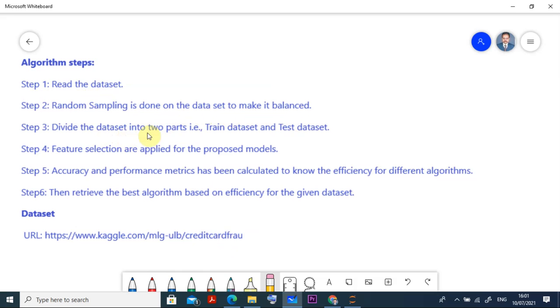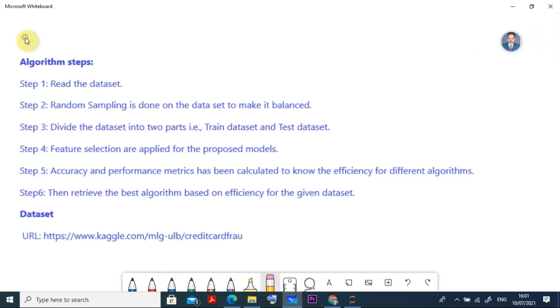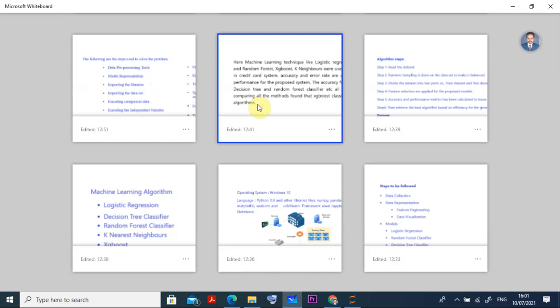Then we divide the data set into two parts, the train data set and the test data set. Then feature selection is applied on these proposed models. Then accuracy and performance metrics are calculated to know the efficiency of the different algorithms. Then we retrieve the best algorithm based on efficiency for the given data set. This is the process, the steps we have to follow for doing all of this.